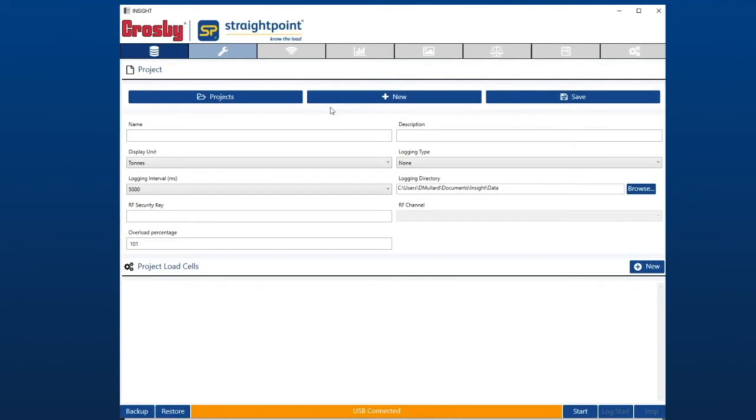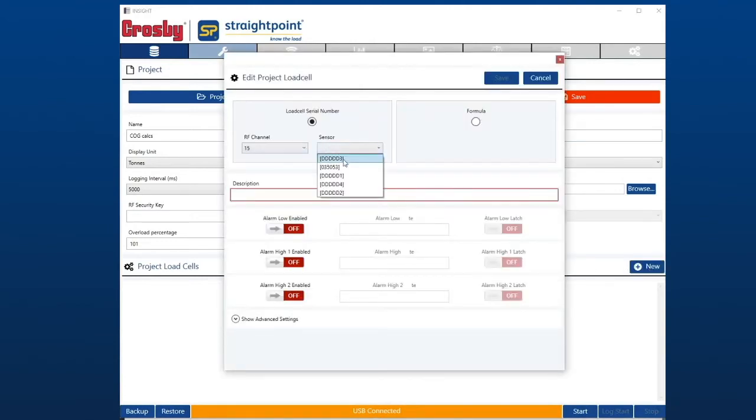Let's create a new project, and we'll put this as centre of gravity calcs, and with compression cells. Now we need to add our load cells, and we're going to add 4 load cells in this case. So load cell 1,